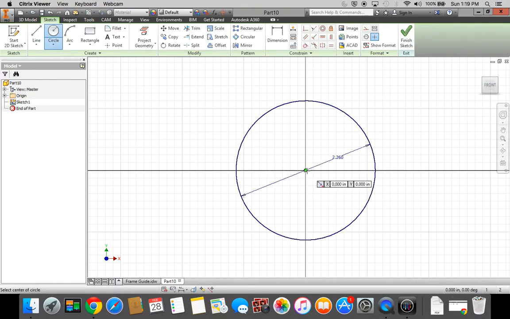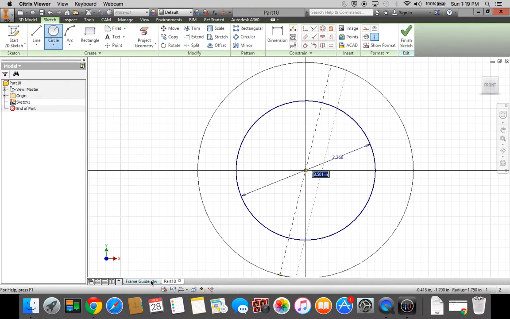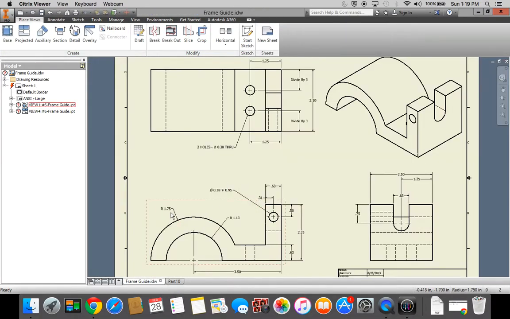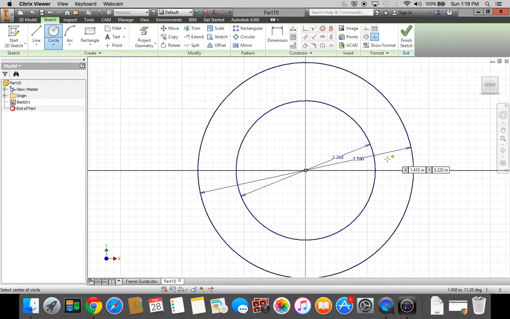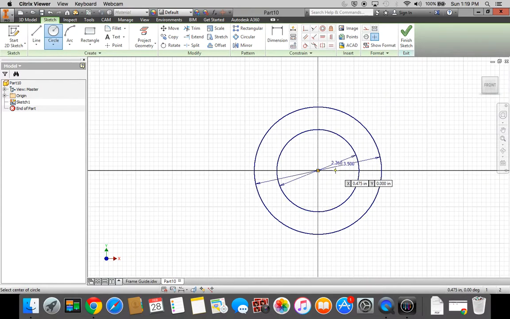I'm going to start with another circle from my origin when I get my green dot. This one here is 1.75 for a radius. So I'm going to enter in a diameter of 1.75 times, that's the asterisk, the shift key plus the number 8, 2, press return or enter on the keyboard. Zooming out,